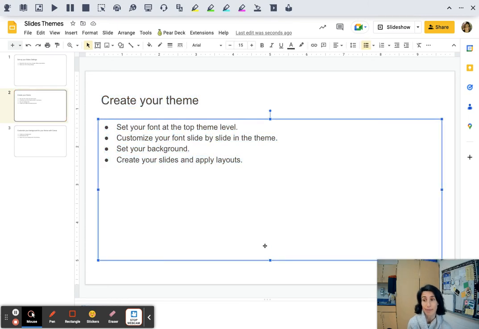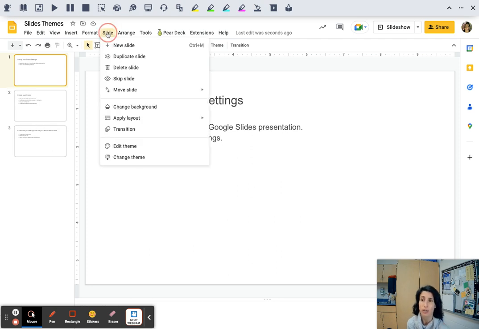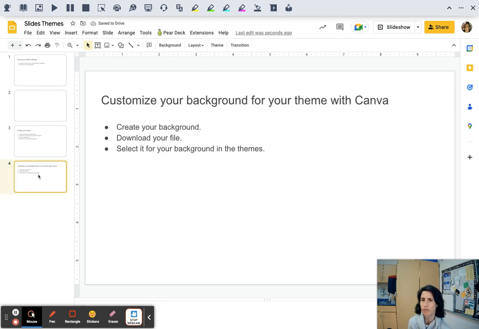Okay, so now we are ready to create our theme. And I'm going to make this very obvious about what's happening when we're doing it by putting a whole bunch of slides in. So right now I just have 3 slides. I'm going to add a few. So I'm going to say slide, new slide, and you may or may not have done this before where you